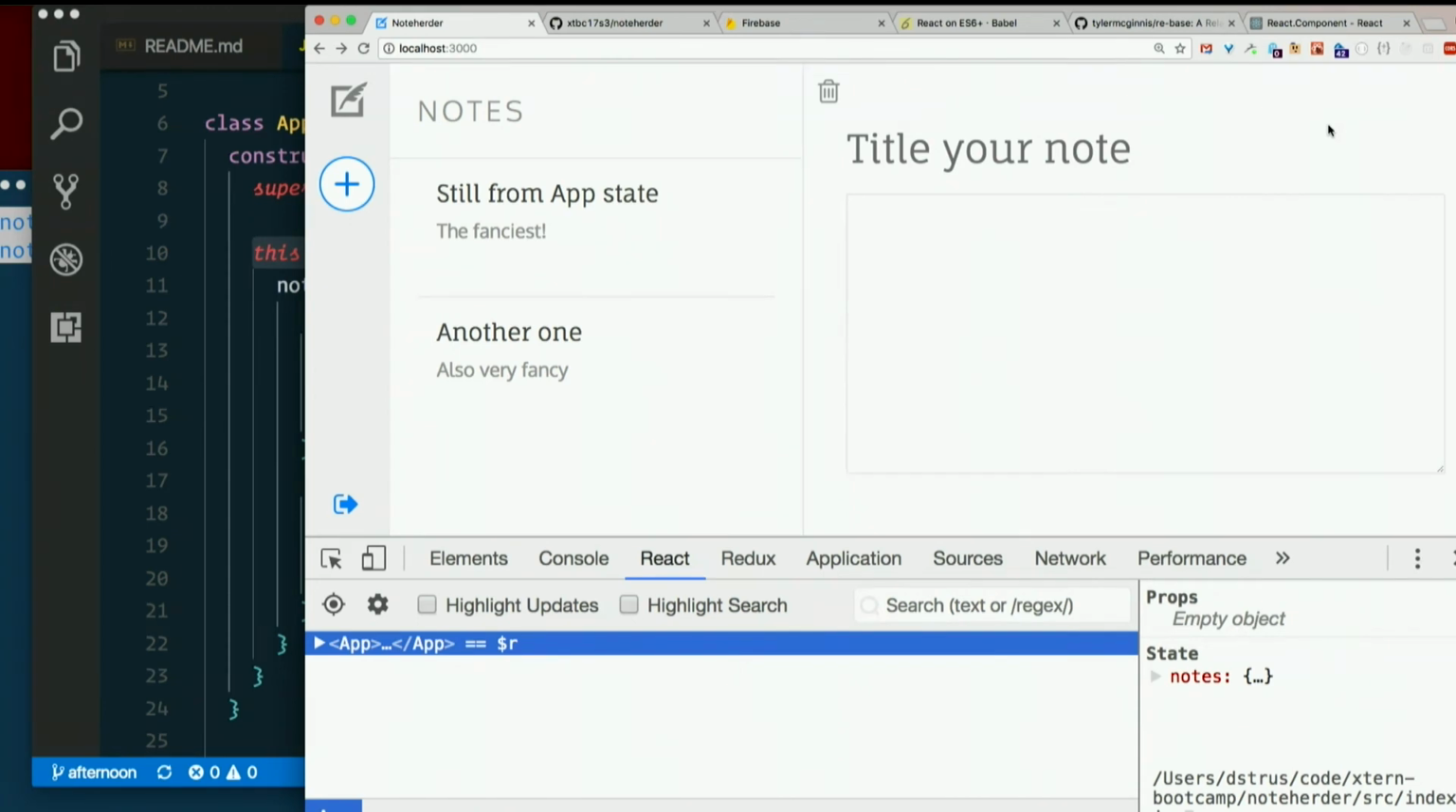So continue. Yeah, I passed down current note to form. Okay. And then I made it so that when I clicked the note, it changed the value of the current note. Okay. So